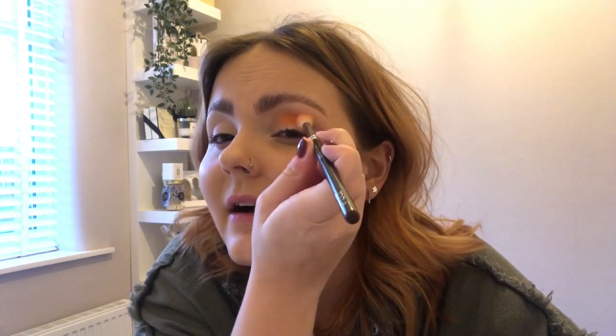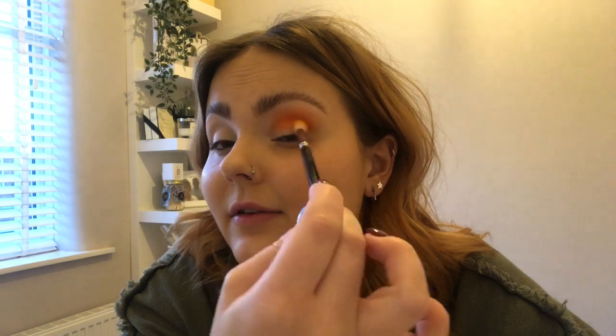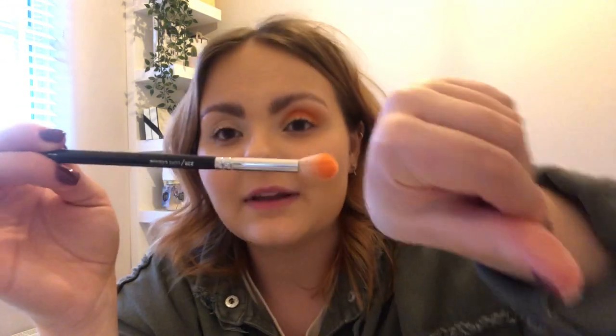So I'm holding it right at the very end because it gives you less control. If I was holding it right up here, you're not going to get much of a blend. It's going to be more of a solid orange block colour. This really blends it out. So I'm just applying it right where your crease is, but then I'm blowing it out a little bit. If you could feel how light I'm holding this brush, I'm hardly even holding it. The amount of pressure I'm applying is probably this much. Little tiny circular motions,